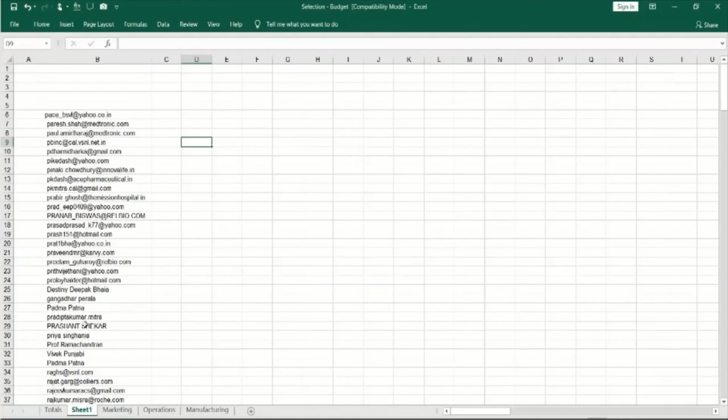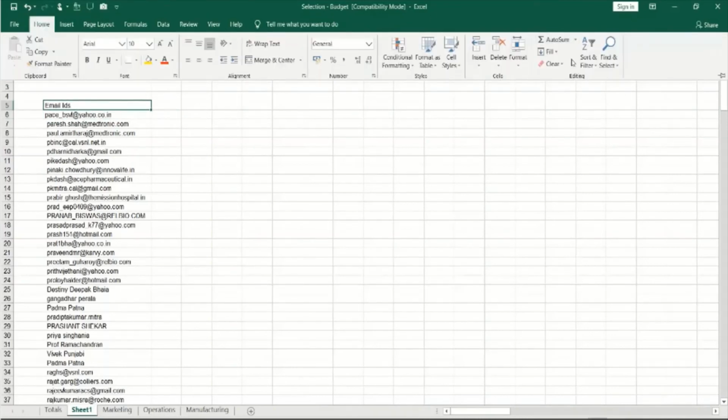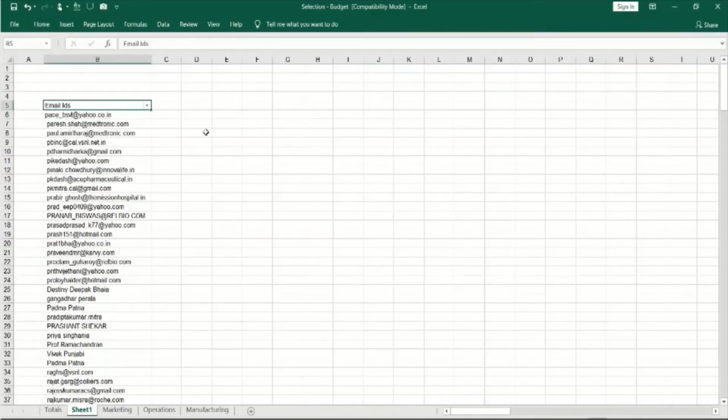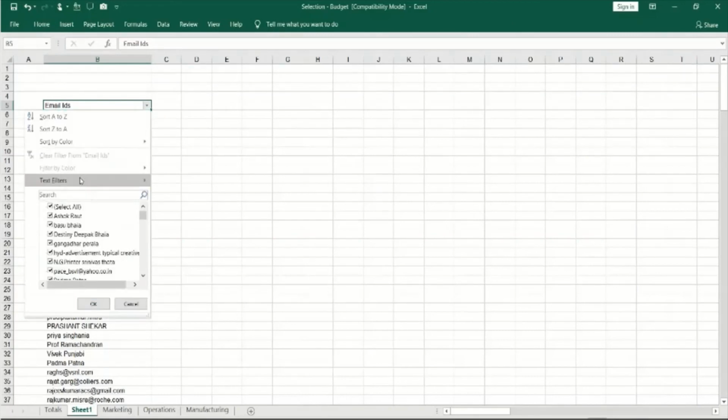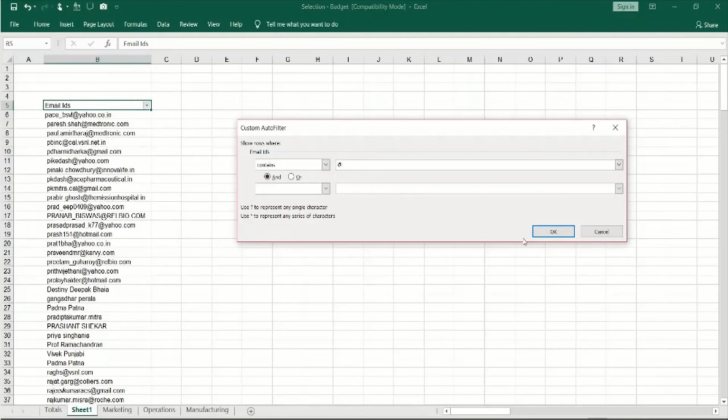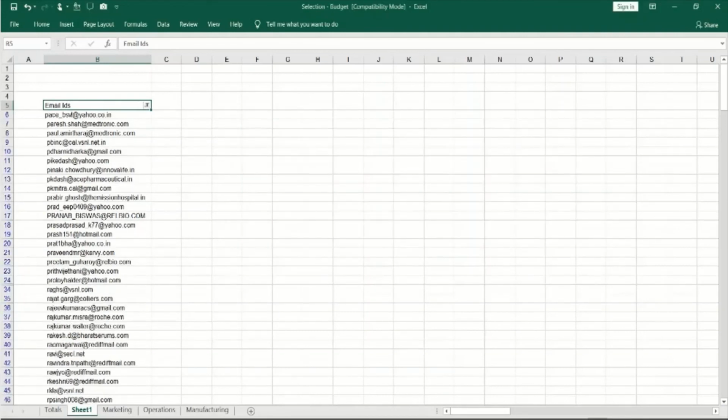If you want to remove these names which do not have an email ID, one simple trick is to apply a filter and identify the cells which have the @ symbol. That could be an indication for you. Just have a title, email IDs. Apply a simple filter, and then text filters, contains @. So now it has only the email IDs.